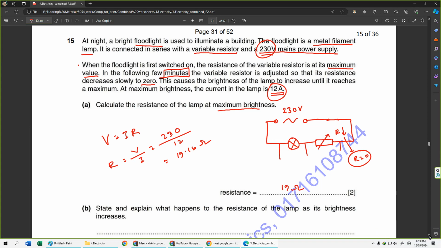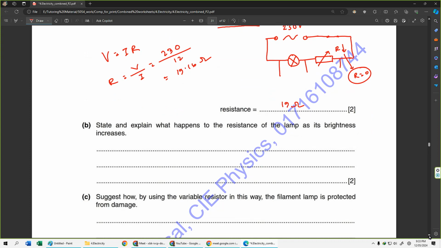So that's the mathematical part, and then for the last part we have state and explain what happens to the resistance of the lamp as its brightness increases. State and explain. So you have to give one word for the state answer, and then you have to give logical reasoning to score the explain mark. Read the question carefully multiple times. State and explain what happens to the resistance of the lamp as its brightness increases. As its brightness increases. Now, a filament lamp essentially increases its brightness by means of temperature increase of the